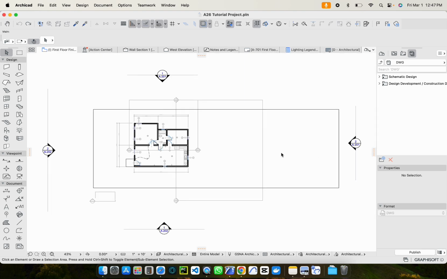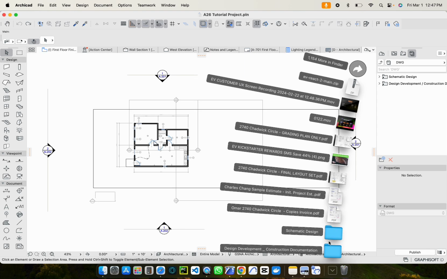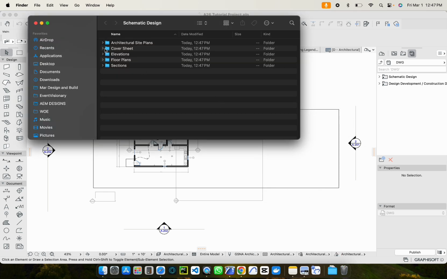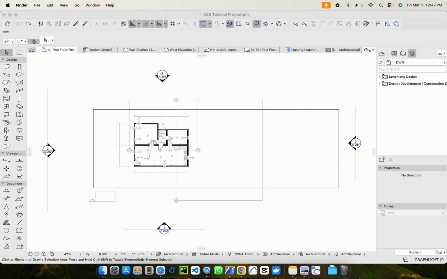I'm just going to close this for now, and then we're going to go to downloads here, and we're going to see that it actually created two folders. One of them is called schematic design, and the other one is called design development construction documentation. So it's keeping that same one-to-one folder structure, which is nice. And here, it looks like we're missing the DWG files, and it's only exporting the PDF files. So I'm going to go ahead and delete these and show you how to make your own DWG publisher